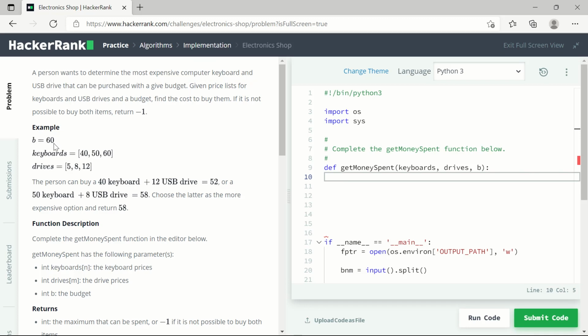Here B is 60, which is the budget amount. Then we have different prices for keyboards and the price list for different USB drives. Looking at the different values given here, we can see if a person buys a 40 rupees keyboard and a 12 rupees USB drive, this makes a total of 52, which is less than the budget amount. But there is another possibility that a person goes for a 50 rupees keyboard and an 8 rupees USB drive, which will give the value 58. Comparing 52 and 58, the person will go for 58, which is the expensive combination and also less than the